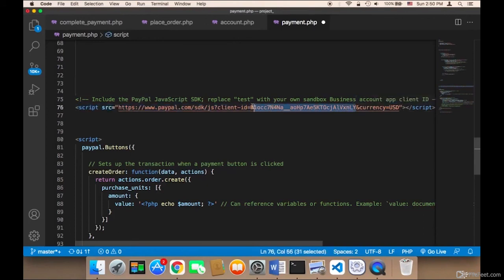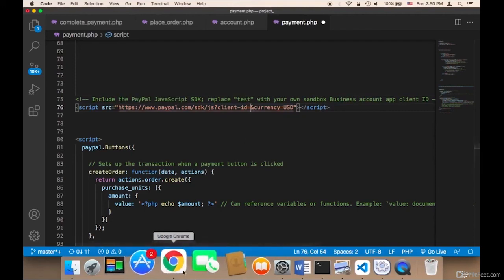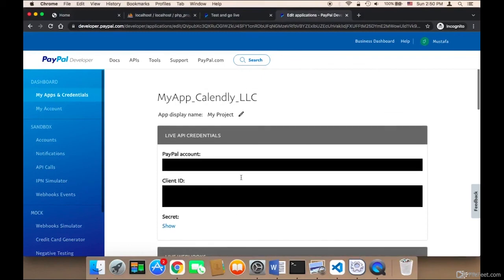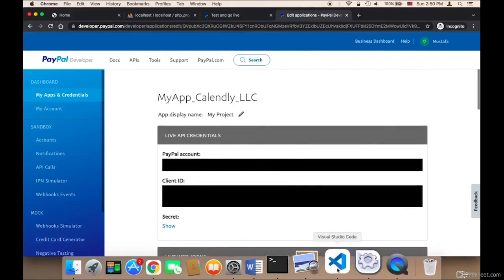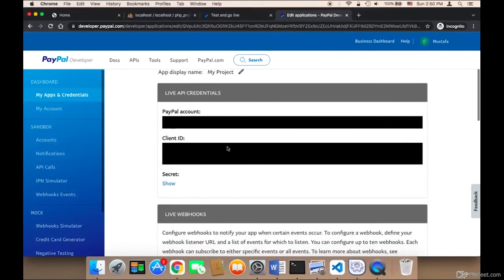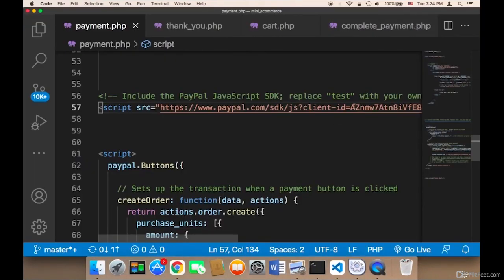You have to be very, very careful. And here, make sure that it says client-id equals, and then an ampersand. Between these, you need to paste your live client ID. You need to copy it and paste it here in between. So I'm going to do this step, and then I'm going to come back to you. So after you paste your